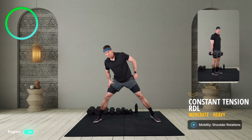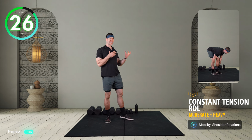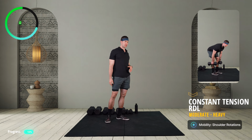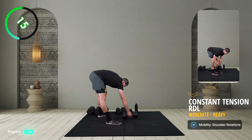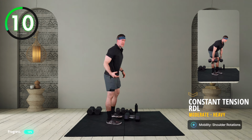Rest. Cool. Okay, friend. We're going to be kicking off our main strength portion. These every 2 minutes on the minute gives us a bit more time to work and recover, so we can push things a bit more if you want to. Constant tension RDL today. Rest. I'm going to grab something moderate,